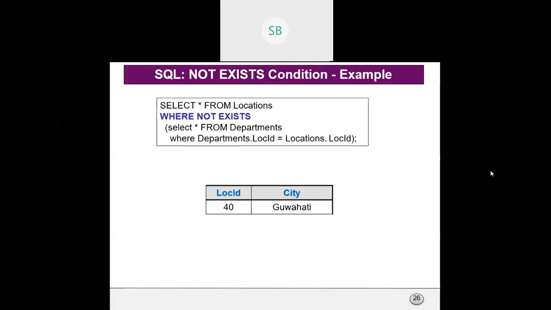Yes, ma'am. So this was all I wanted to discuss today, but I want you to try it out practically in MySQL now and show me if you are getting the answer or not. I'm not giving you any question to solve. Just use whatever queries are there. Create the tables department and location and try to join these tables. The queries are also there. You need to practice. I'll share the slide.